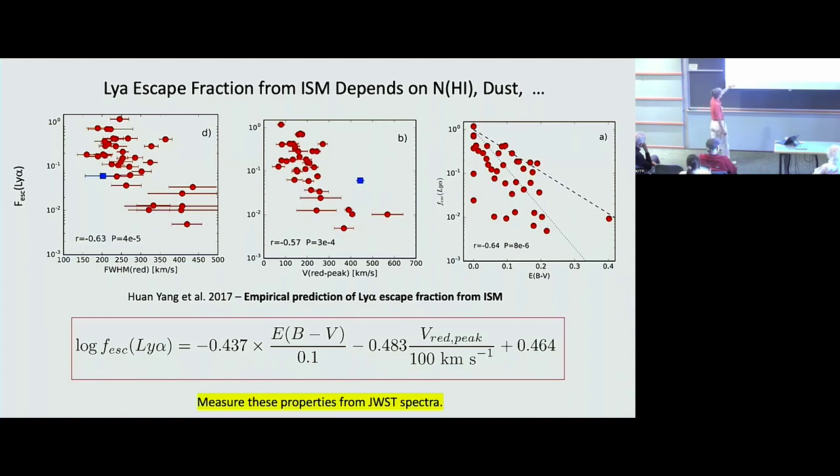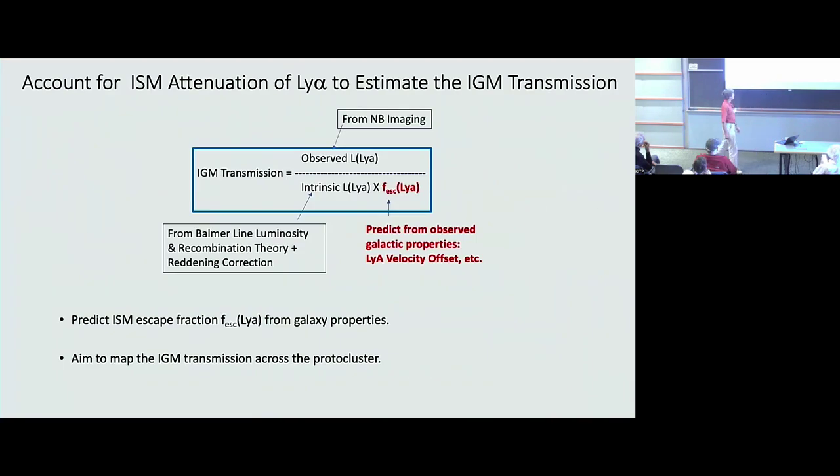But this is an empirically derived relation for the Lyman alpha escape fraction from the ISM, that we're using because we can measure the red peak velocity shift. We can measure the dust reddening from the Balmer decrement and claim that we know this for an individual galaxy. So then our IGM transmission, the idea is to map that along the sight lines